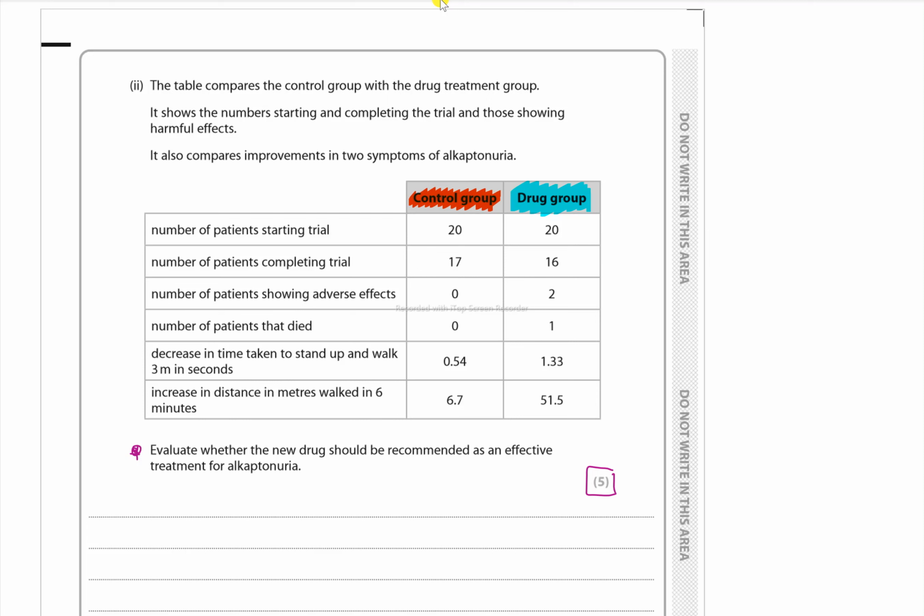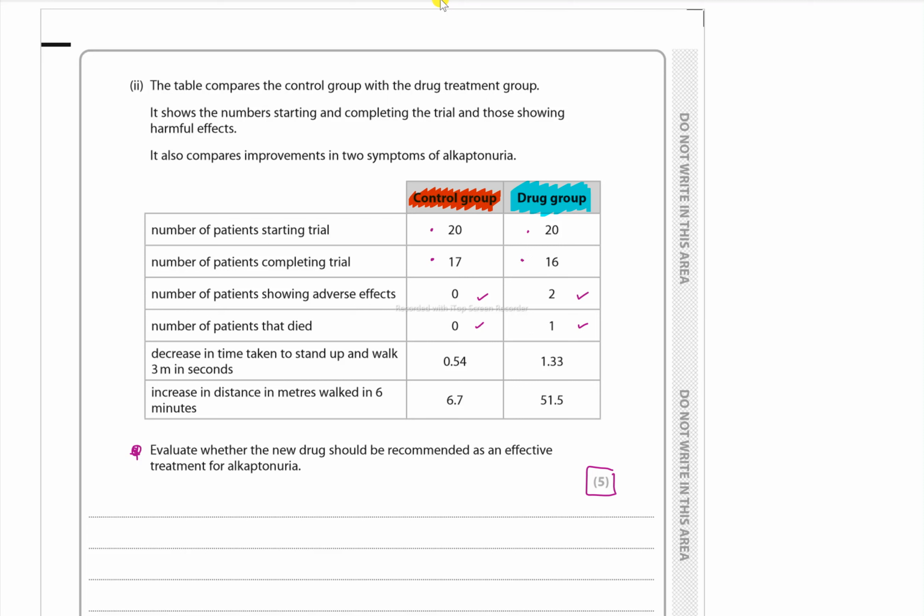Number of patients starting the trial. So there was 20 people started it. 20 people started it. 3 dropped out, so you've only got 17 left. 4 dropped out. Right. There was no adverse conditions because no patients that died. 1 died,